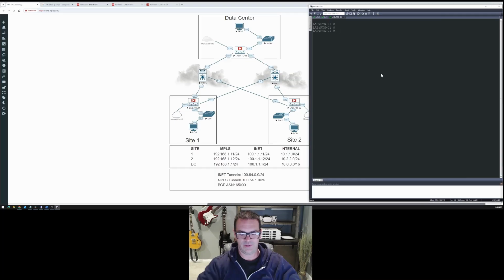So in order to do this, in Fortinet CLI, you type config system interface, and from there you have